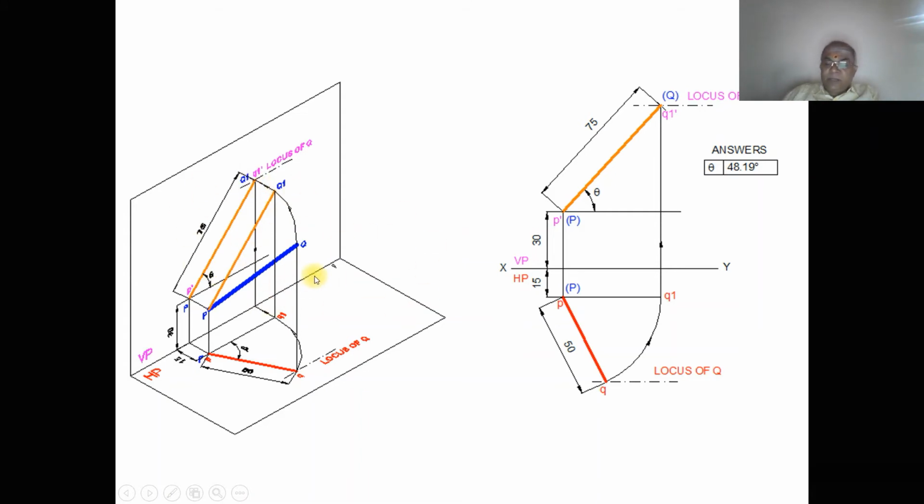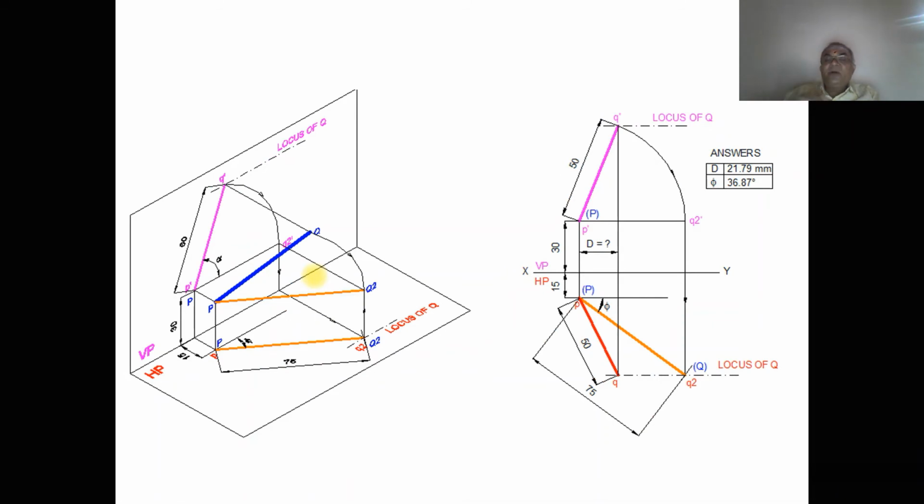three-dimensional analysis. But now when you want to go for the front view, if I want to find out the top view true length, I have to consider the front view. In the same way that we did for the top view in the previous case, we are going to do the same thing here. So we know the front view distance, but we don't know the inclination. Since we need to find the inclination, here I need to consider the front view. The front view distance is 60, not 50 here. You take 60 and make that 60 line parallel.